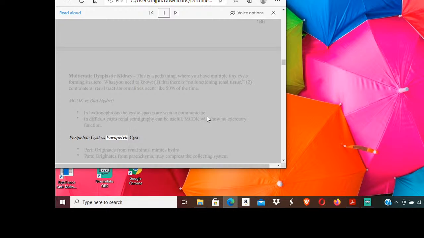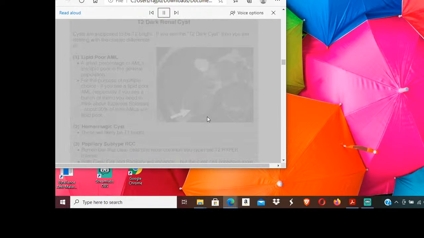Peripelvic cyst versus parapelvic cyst. Peripelvic originates from the renal sinus and mimics hydronephrosis; parapelvic originates from the parenchyma and may compress the collecting system. T2 dark renal cyst. Cysts are supposed to be T2 bright. If you see a T2 dark cyst, then you are dealing with the classic differential of